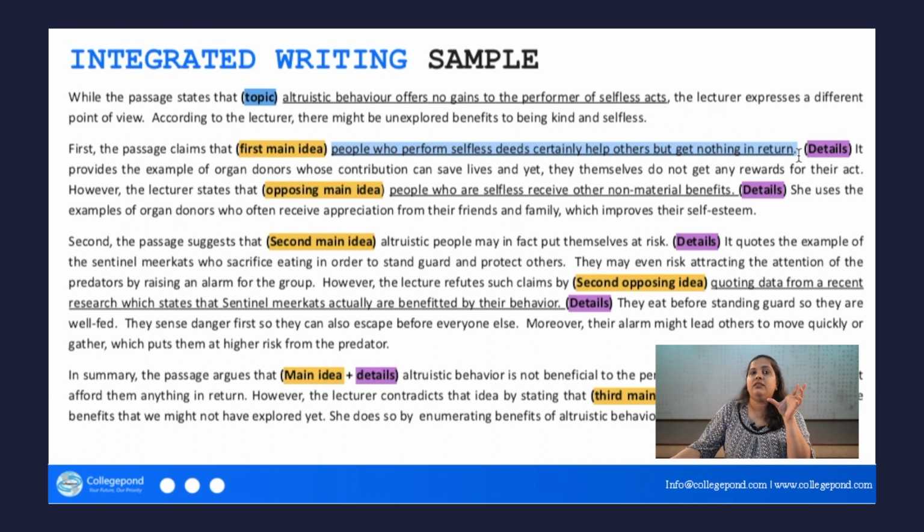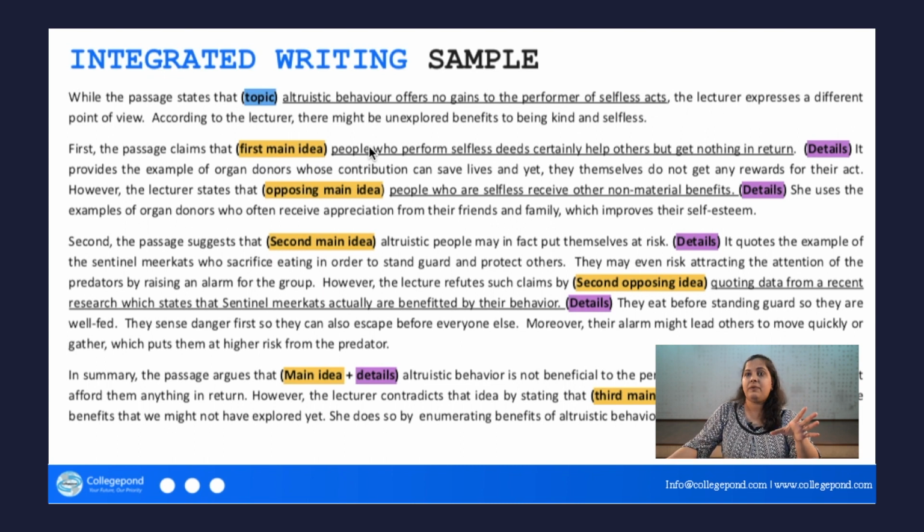Once you make that point, always remember it's an element of good writing style. It's a way of good writing that you always start with a topic sentence. So this main idea that you express here, that's your topic sentence. That kind of sets the tone for that whole paragraph, right?